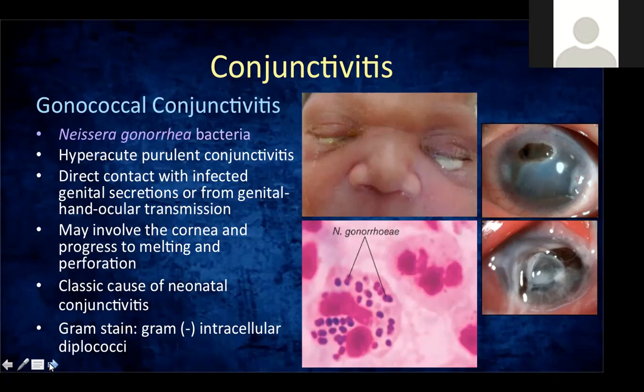But then, nasabihan daw ng lola or kapitbahay na maganda daw sa conjunctivitis yung magpatak ng urine or yung ihi. Minsan, sinusunod nila, unfortunately, they don't know that they have an STD or gonorrhea. So ang nangyayari, nasa self-inoculate sila. So it's not uncommon to have this history in the patient. So because it's unknown to them that they have gonorrhea, they transfer the bacteria into the eye.